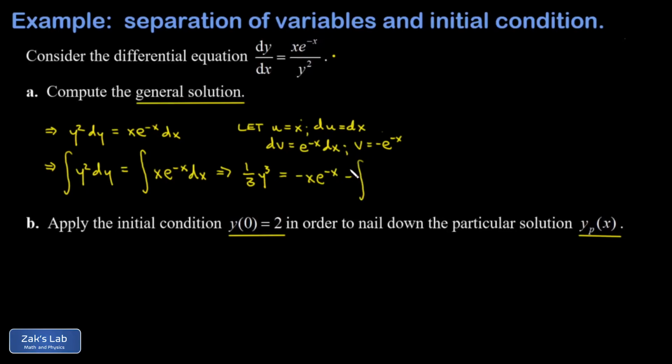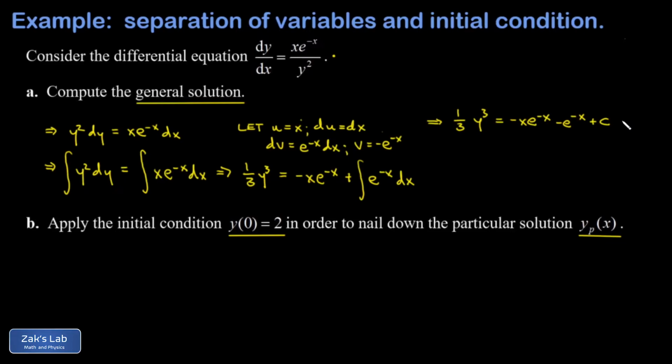Well, v is carrying a minus sign, so I'm going to put that out in front, and du is just dx. And now we just have to take the integral of e to the negative x, which gives us another negative e to the negative x. And here's where I'll make sure to put in my plus c. Now, just to clarify, both integrals here produced a plus c, but when you combine two arbitrary constants, you just